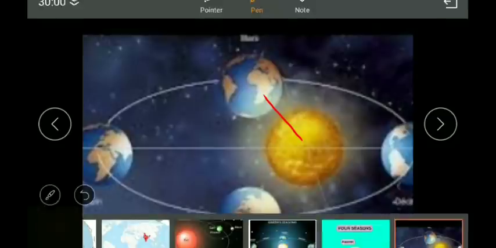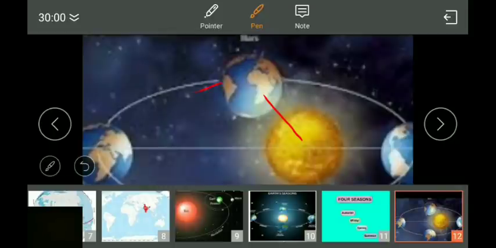Now tell me, what term is used to describe the revolution of the earth around the sun? What is another term which is used? As I told you, this is the orbit of the earth. Orbit. So that is revolution, but there is another name. It moves on that orbit, on a fixed path. So what is another name for earth's revolution? It is orbital motion.